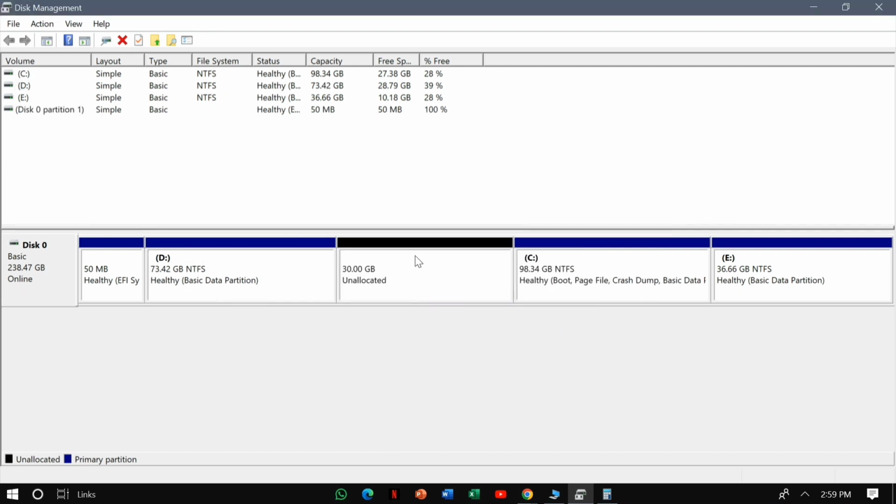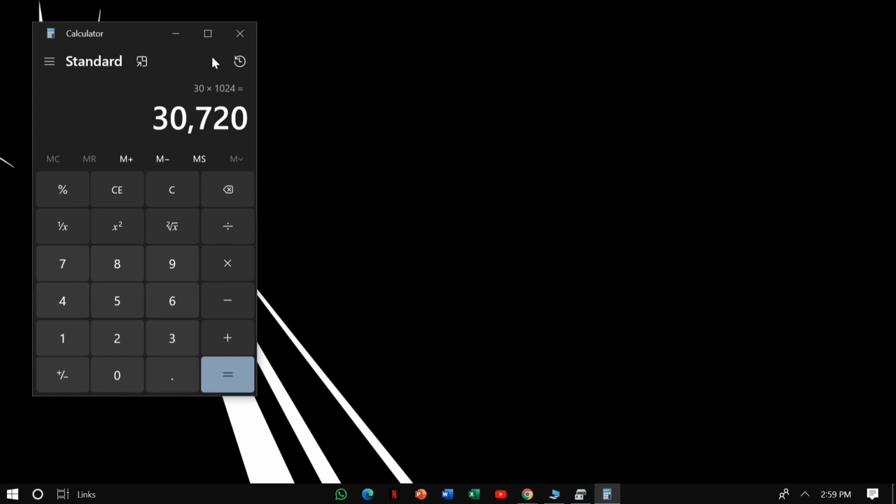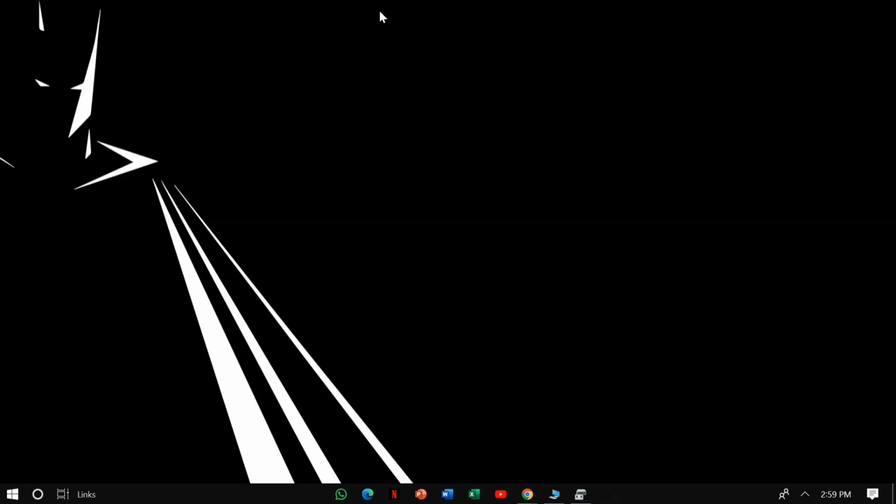It will basically create an unallocated space of 30 GBs. We will use it to install our Kali operating system. Now this process is installing Kali as a dual boot. It means that we are keeping Windows alongside Kali Linux. So basically installing two operating systems on a single machine. So the next step will be to create a bootable USB.